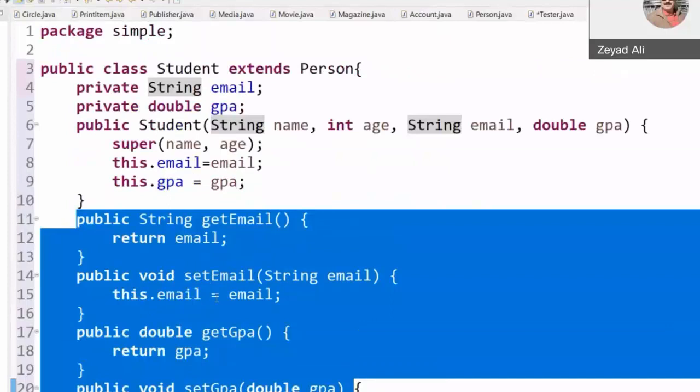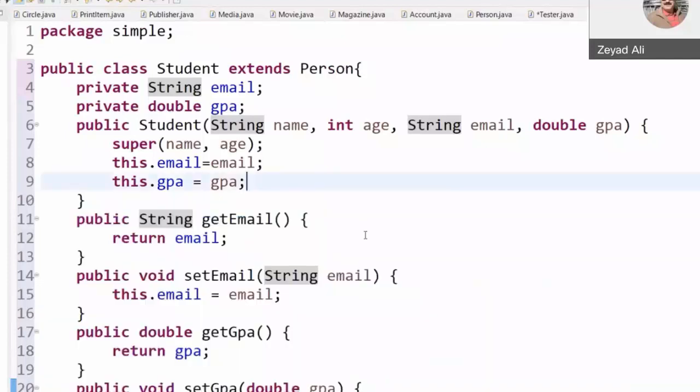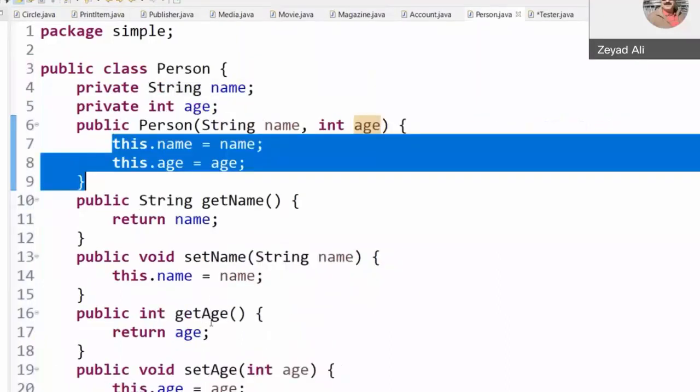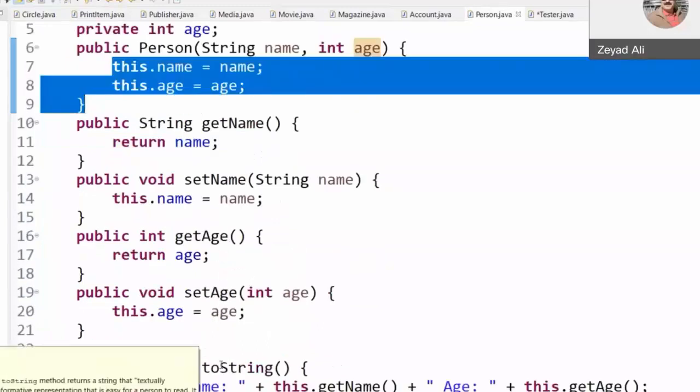However, here in this example, we do not have a toString method in the student class. So no toString method. The question is, is there a toString method in the superclass? Yes or no? If yes, then the toString method of the superclass will be used.